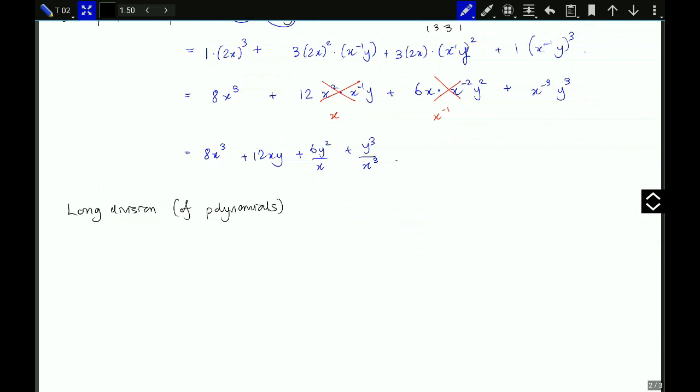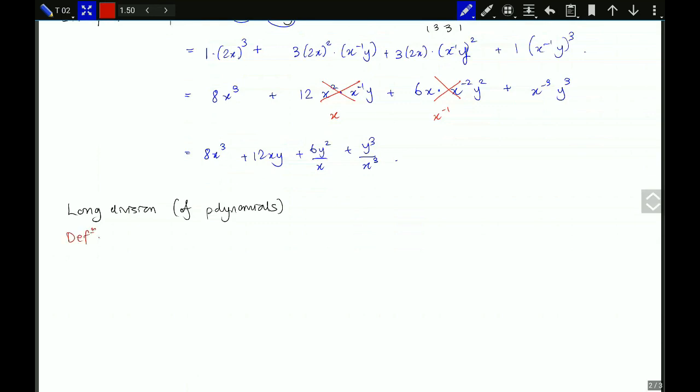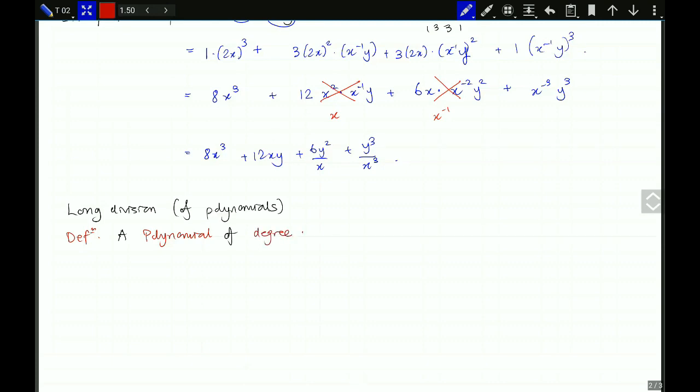Note that as a definition, I've been using this already, but let's note that a polynomial of degree, another important word to know, of degree n, let's say in variable x, is an expression of the form aₙ, these are some constants, xⁿ plus aₙ₋₁ xⁿ⁻¹ plus dot dot dot all the way to a₁ x¹ plus a₀, which is multiplied by x⁰, where